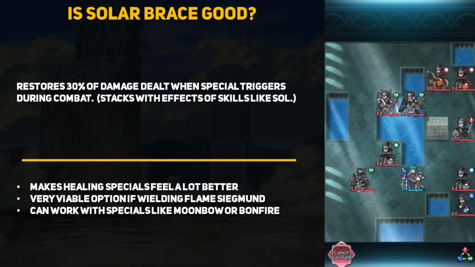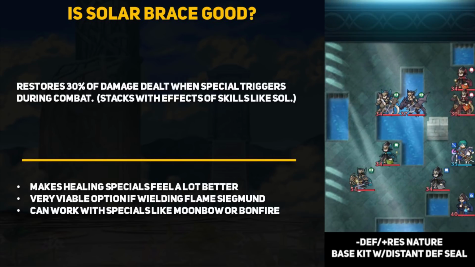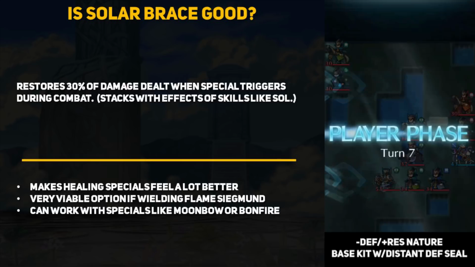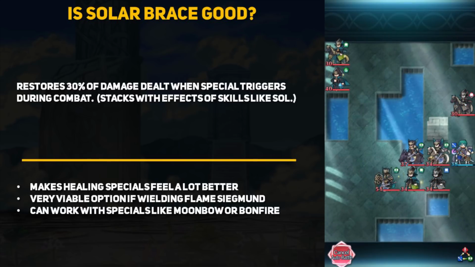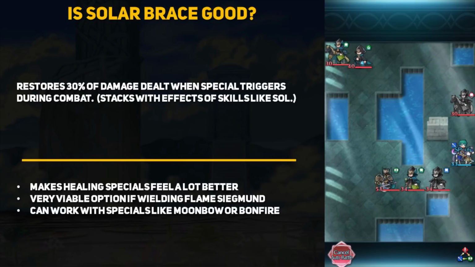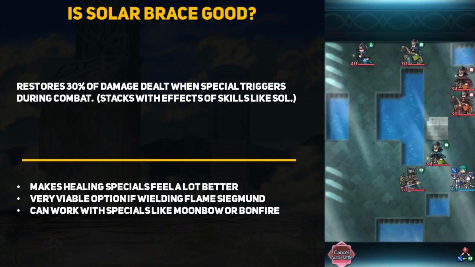As you can see on the right, this is my minus defense plus resistance, level 40 Ephraim, using his base kit with the Distant Defense 3 Sacred Seal, and he can completely auto battle the Lunatic difficulty of the Workout special training map. The power of 80% healing from using Soul is incredibly noticeable, and it makes the healing specials feel so much better. In my opinion, Solar Brace is very much viable to keep as Ephraim's B skill,